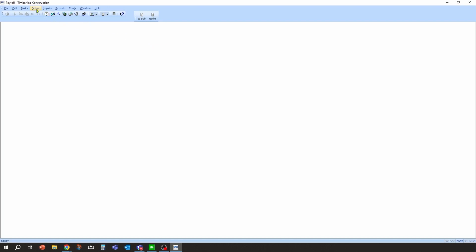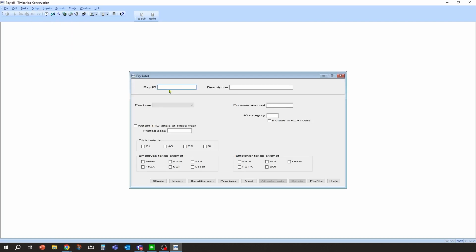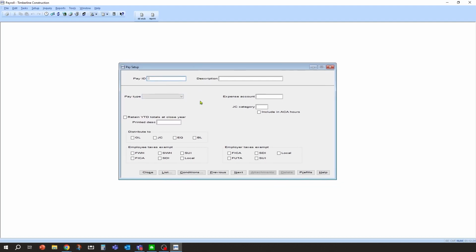So within the system, if you go into setup pays, when you're creating a new pay, you have these pay type groups. For example, let's say we're going to do a mobile phone allowance or reimbursement that we give to employees towards their mobile phone bill. So let's create a pay ID called phone, and we'll call it employee. You'll notice in the pay type here, we have a bunch of different pay types, but the one you want to use for this is reimbursement.